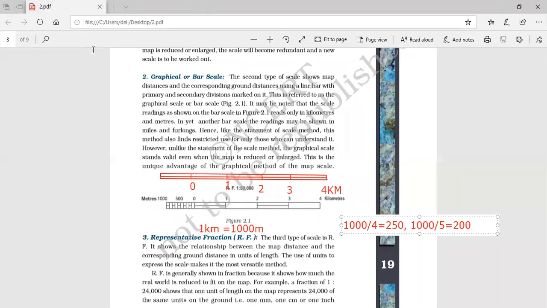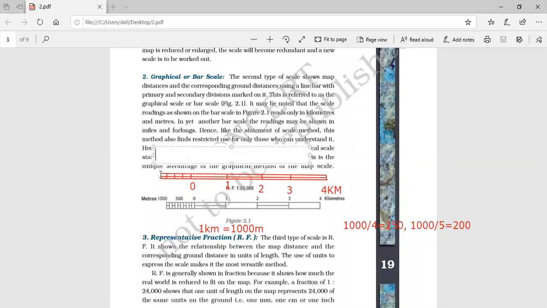Firstly, I'm showing you with 4 bars. 1, 2, 3, and 4. Okay, so now this line is representing 250, then this is 500, then this is 750, and this is 1000. That's right. Okay, I'll rub it again.